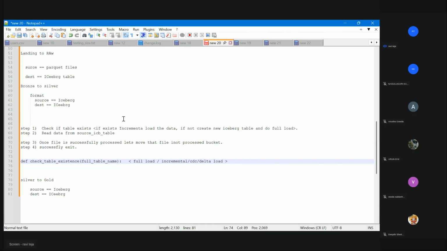Are we going to read all the files, or only the unprocessed files? We only read the unprocessed files. We never read the already processed files. Similarly here, we always read the new CDC data. How we identify it, I will let you know, but we never read the old data.